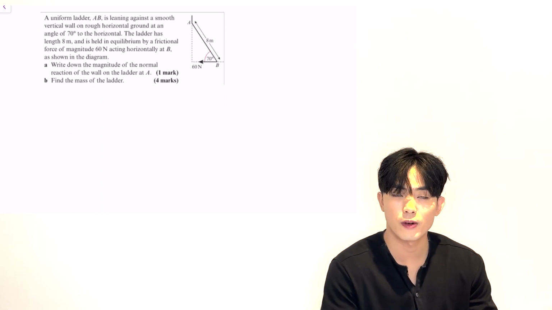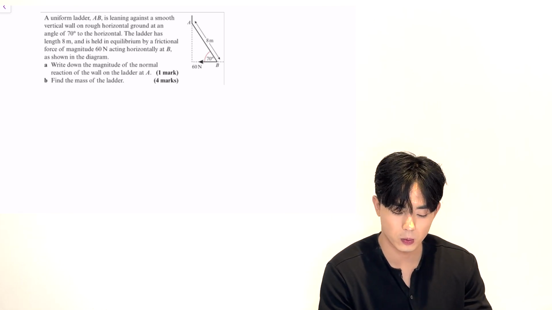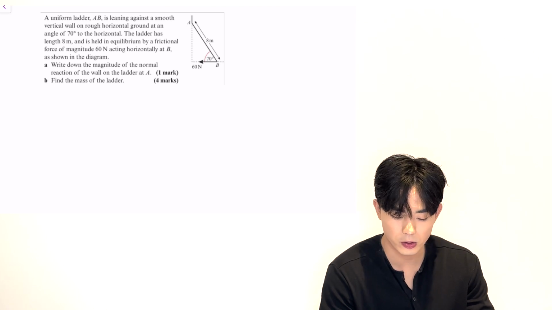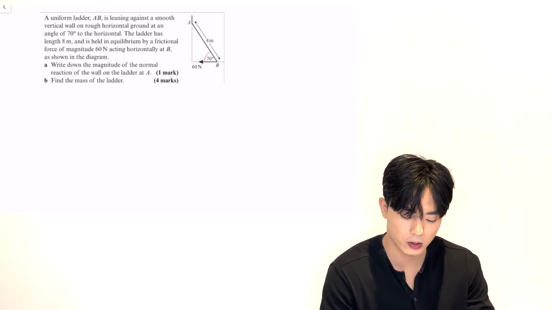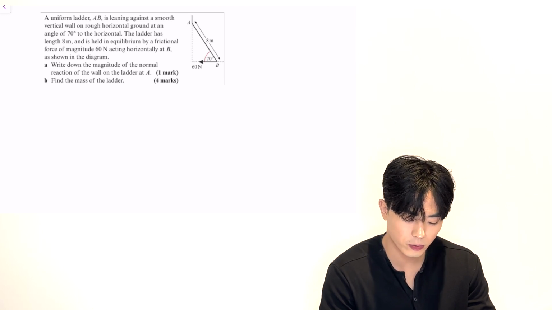And let's do one final one. So this is now no longer in a pivot. It's now supported against the wall. So we have a uniform ladder AB leaning against a smooth vertical wall on a rough horizontal ground at an angle of 70 degrees to the horizontal. The ladder has a length of 8 meters and is held in equilibrium by a frictional force of 60 newtons